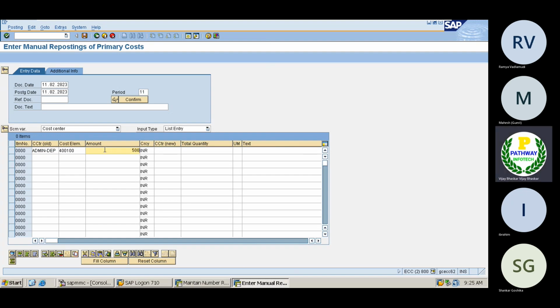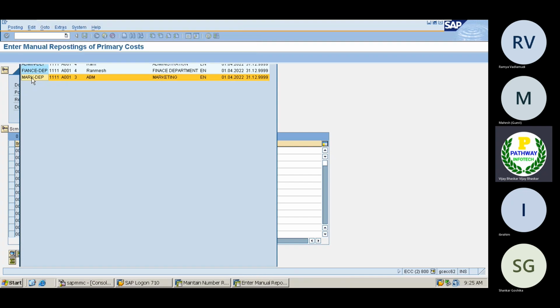It is 50,000 rupees. Now, to which cost center do you want to transfer this value? Now let me select